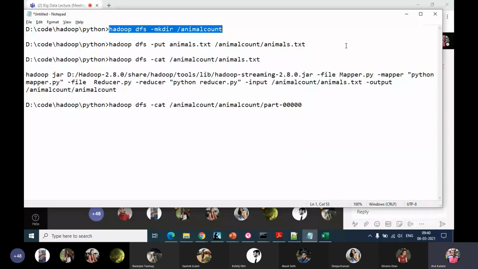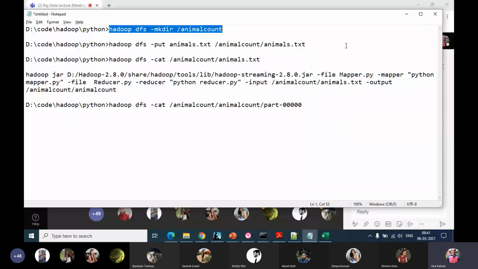Again, don't confuse this with your local Windows or Linux or a Mac machine directory. Those directories that we create are on our local machine. This will get created inside Hadoop. Of course, in this particular case, because Hadoop is installed on a single local machine, this will also get created on the local machine. But it's not the same as creating a Windows or a Linux directory. Instead, this is going to create a folder or a directory inside HDFS, which means Hadoop will manage it.